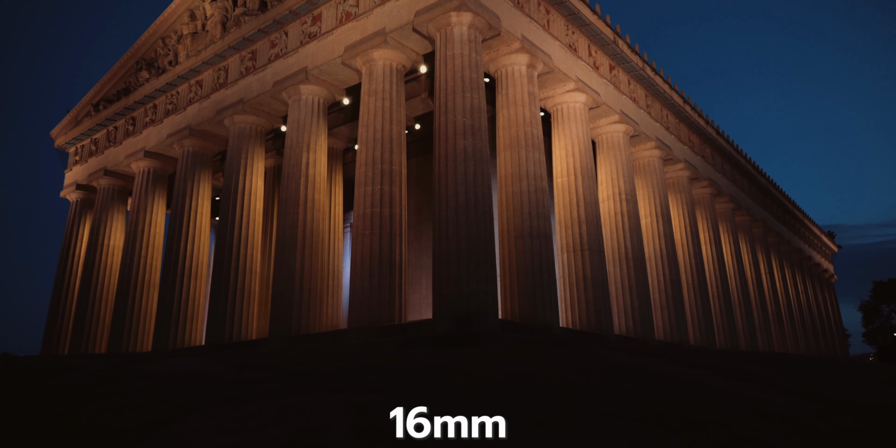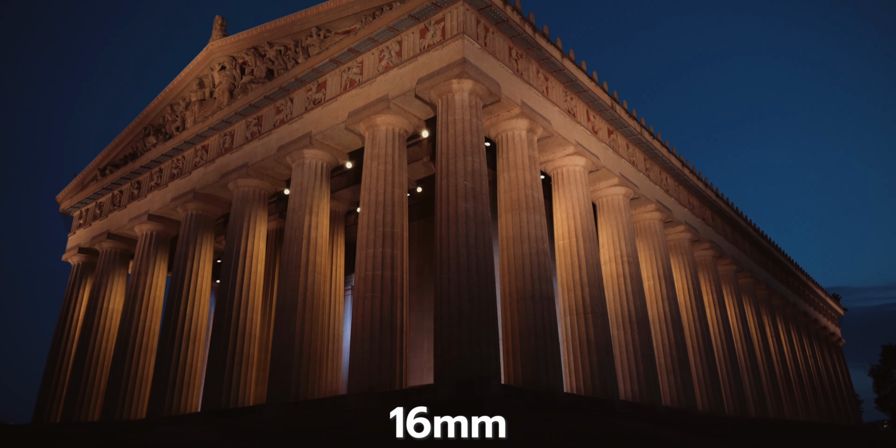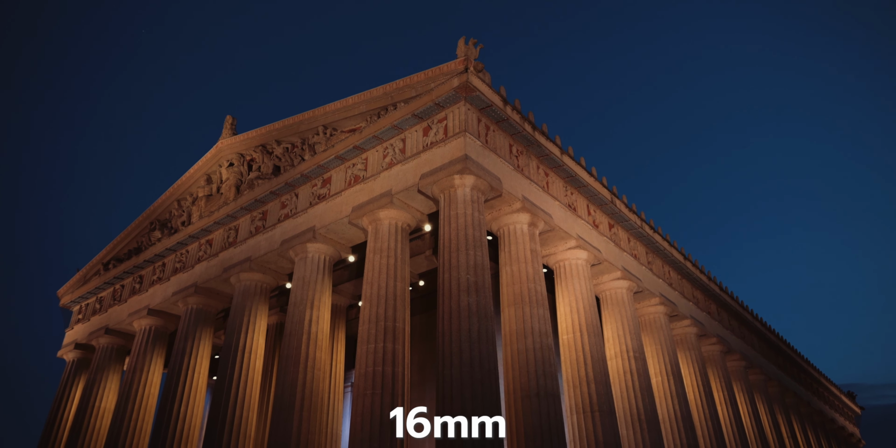Just a pro to these lenses, and there's no real cons to these lenses other than maybe the fact that their focal lengths are very close, so sometimes it is hard to choose a lens. And I think if having a plethora of options and focal lengths available to you in this Sirui Sniper set, if that's the only con, I think these lenses are doing pretty good, and I would highly recommend them,